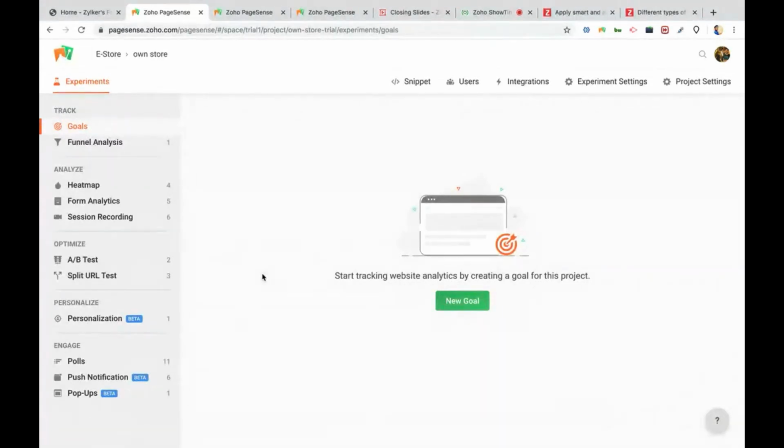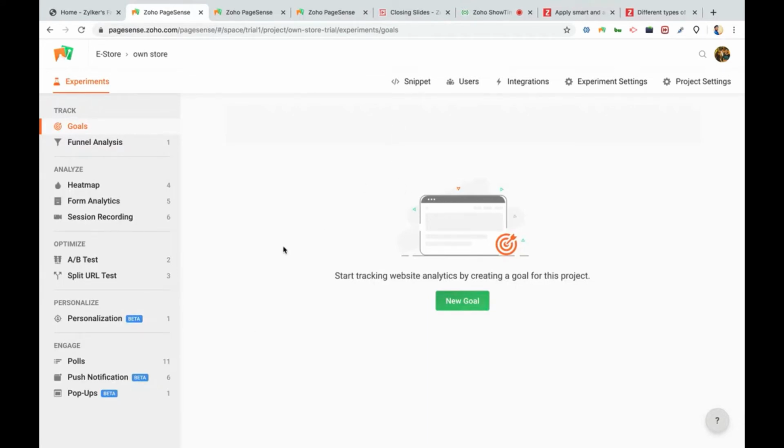And here comes the last part, the engage module. That is like interacting with your website visitors. You're going to conduct some polls, or if you want to push some notifications to them for some product update, or if you're going to give some pop-ups with offers, those kinds of interactions can be made with the help of the engage module. So with the help of all these modules, I believe you will be able to understand and optimize your website with a lot of options.